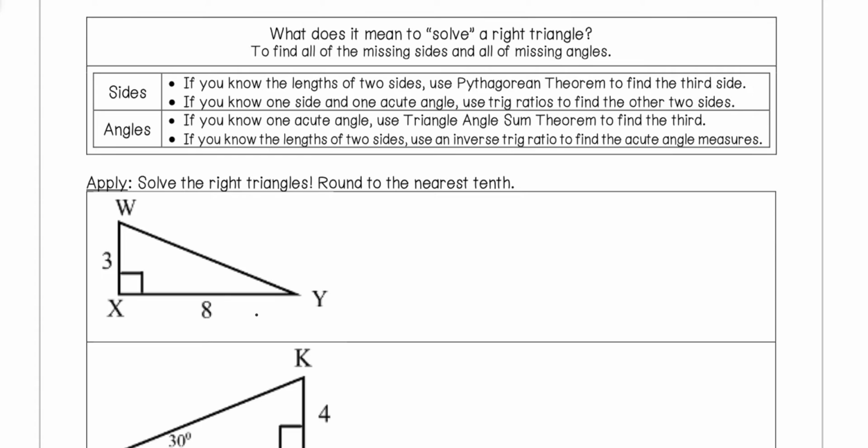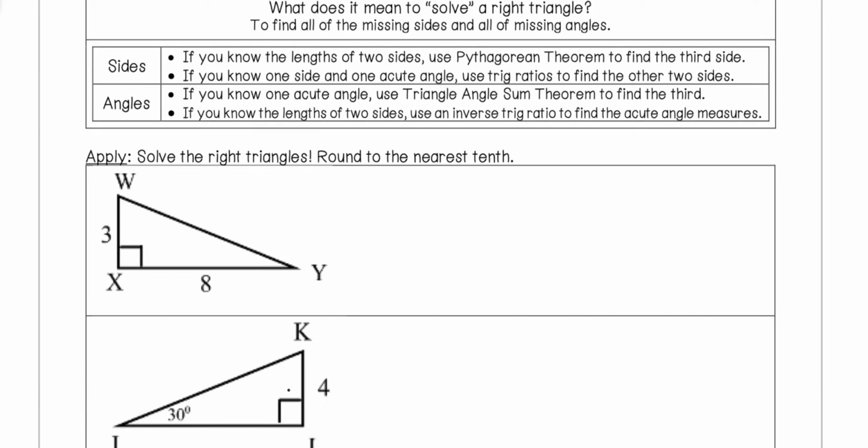But if you only know one side and one angle, you can use the trig ratio to find the other two sides. If you know one acute angle, you could use the triangle angle sum theorem to find the third, so just subtract from 180 until you find your remaining angle. Or if you know the lengths of two sides, you can use an inverse trig ratio to find the acute angle measures. So when we take a look at this first triangle, we can see that we know 3, 8,